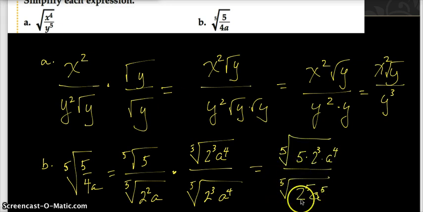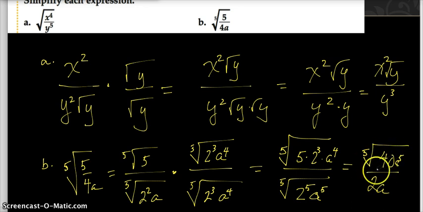the fifth root of 2 to the fifth times a to the fifth, which simplifies beautifully as 2a, and the numerator, well, now everything being multiplied will be under the fifth root radical. So I've got the fifth root of 5 times 8, that's 2 to the third, times a to the fourth. And so that's going to end up being the fifth root of 40a to the fourth. Since there's no perfect number to the fifth power that resides in 40,